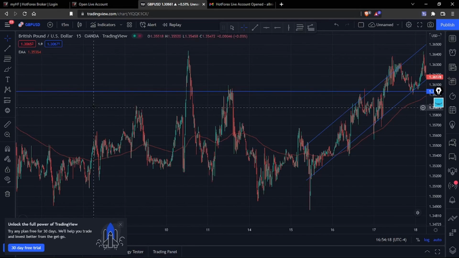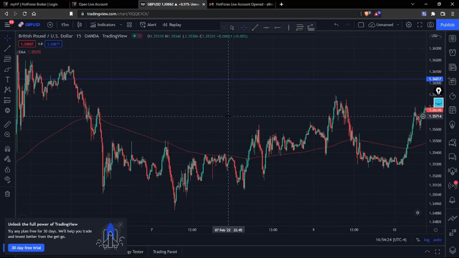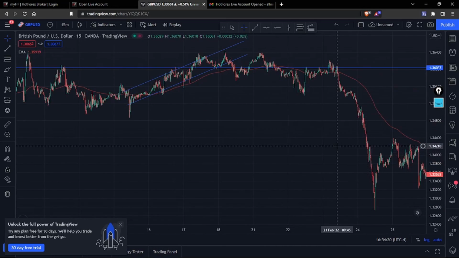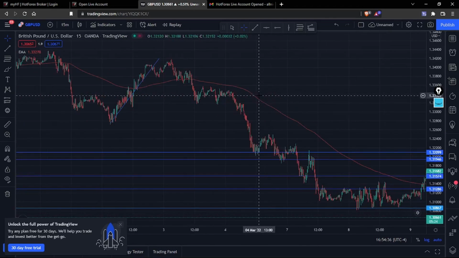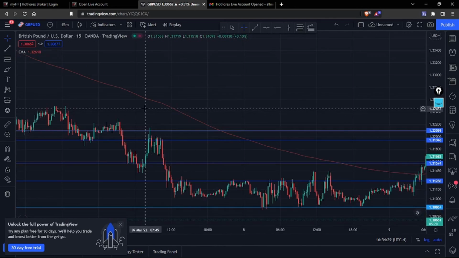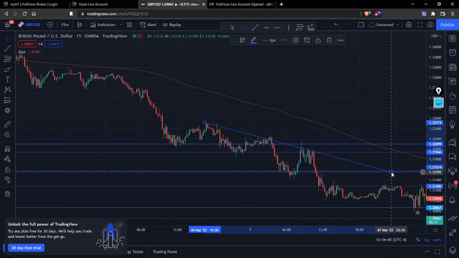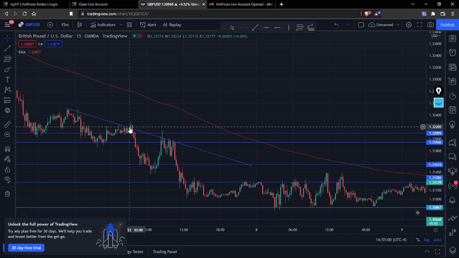And for the downward facing trend, we just connect the top. So any lower lows, let me just zoom out and see if I can identify any clear trends that we could have marked up. Alright, so we have one here where we could have connected the dots. Here was the first touch. It fell, came back up. It fell, came back up, and on the third touch we could have sold right here,